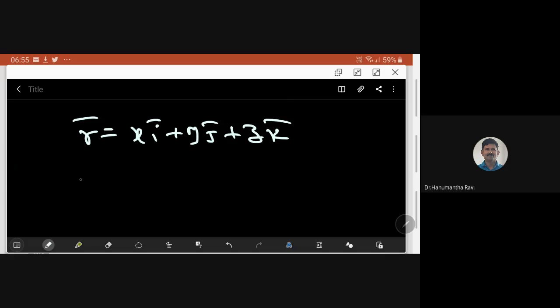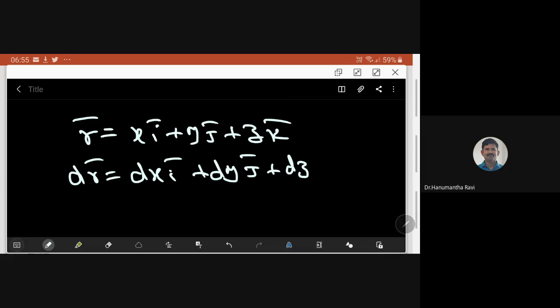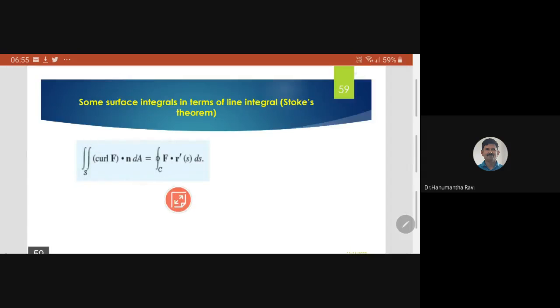If our R bar is x i bar plus y j bar plus z k bar, then dr bar is dx i bar plus dy j bar plus dz k bar. So whenever I am writing the integral of f bar dot dr bar over C,